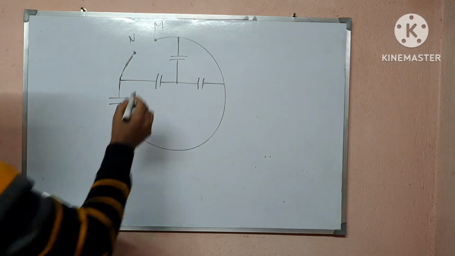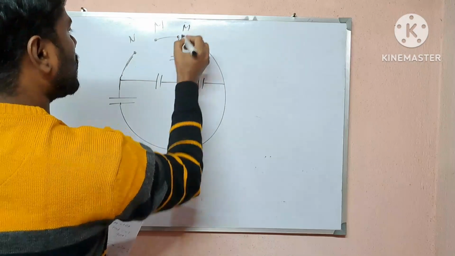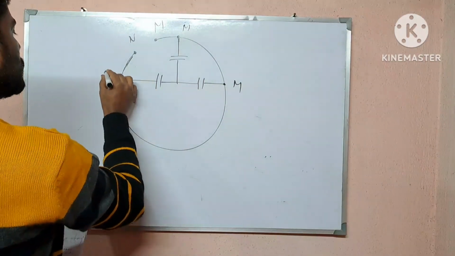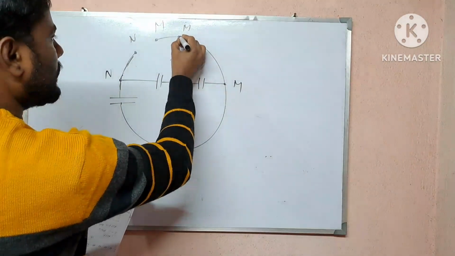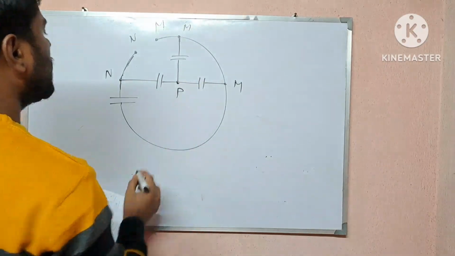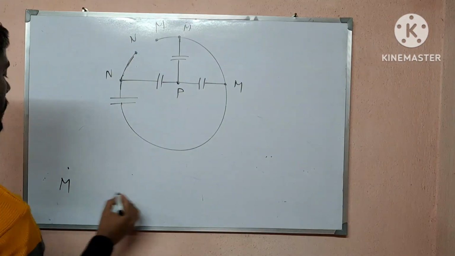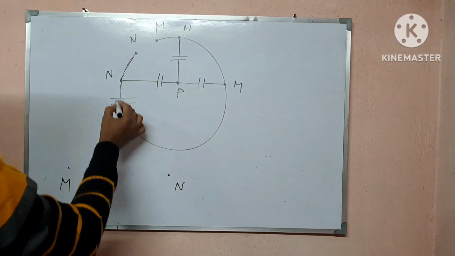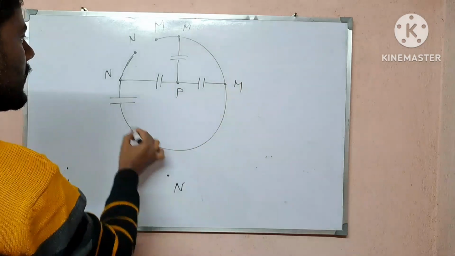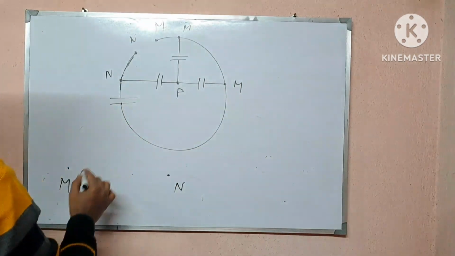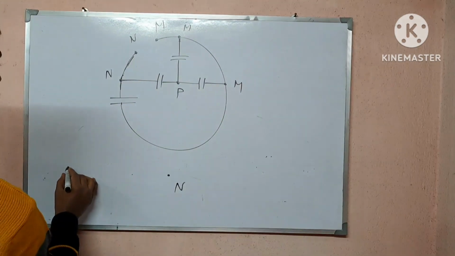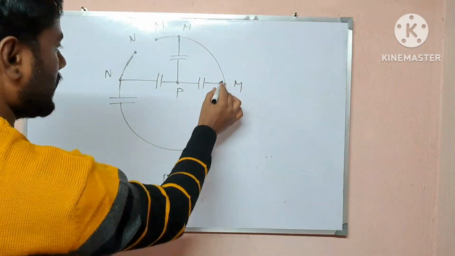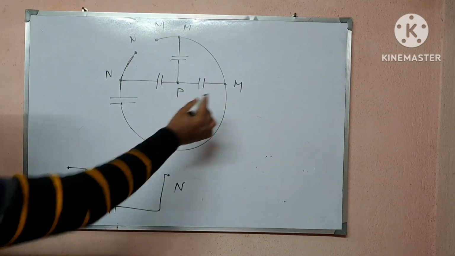How will we solve it? If this point is M, that one will also be M, and that one will also be M. That one will be N. If this is M, that will be a different point P. Now you just have to find the equivalent capacitance between M and N. This capacitor is directly connected between M and N. And then from the M point,